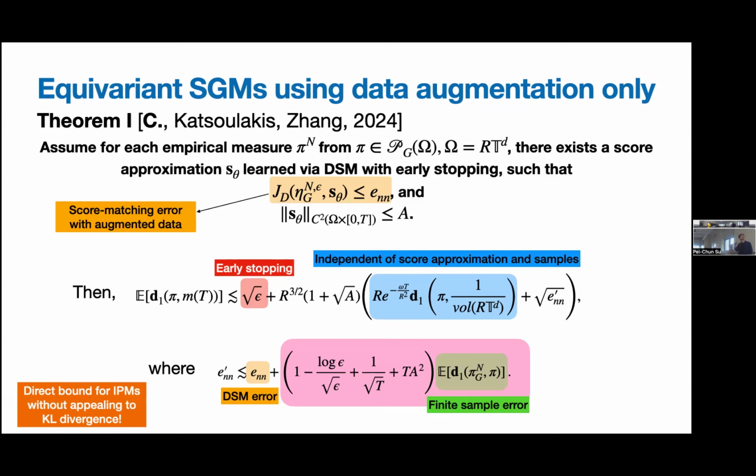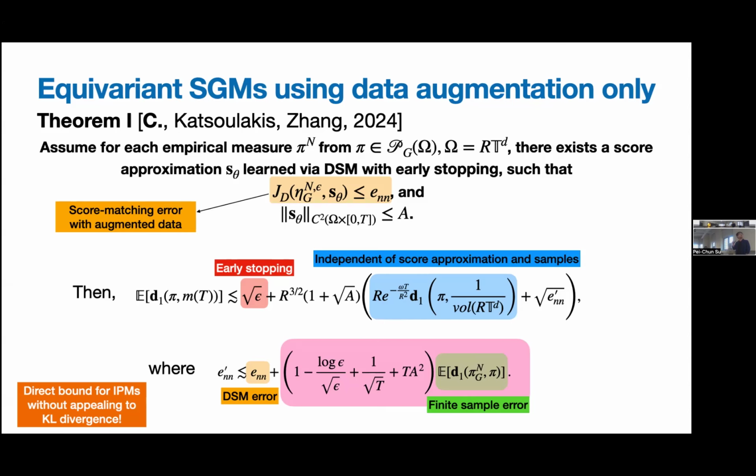So the score matching is performed in terms of the measure of augmented samples, right? This is the notion in the last slide where we augment data and then diffuse by epsilon time and then run for some time you choose. This is the diffusion, the solution to the heat equation of the augmented samples. And you always have an upper bound for the score approximation norm bounded by A. This can be achieved, for example, if you have some constraint on the neural network parameters. So this is straightforward.